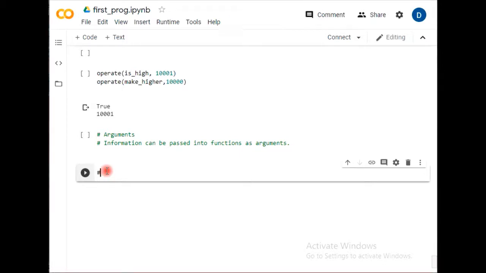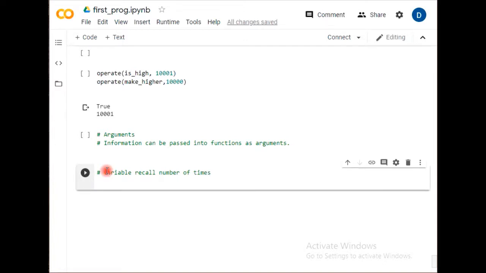Whenever you need to recall a variable a number of times, then exactly there is a requirement for an argument.